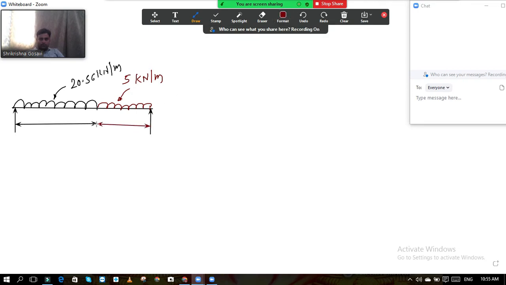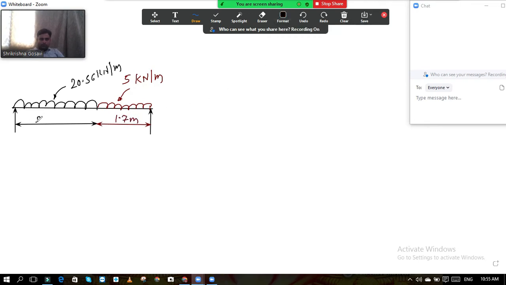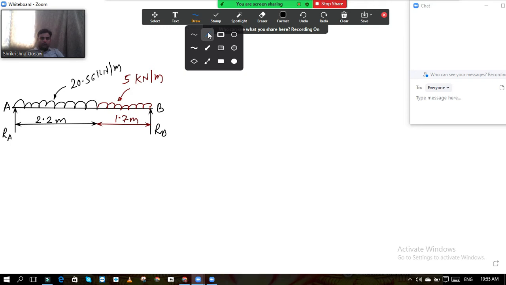Again this is 1.7. This is 1.7 meter. This is 2.2 meter. A point reaction RA, B point reaction RB, and just now we have completed the SFD